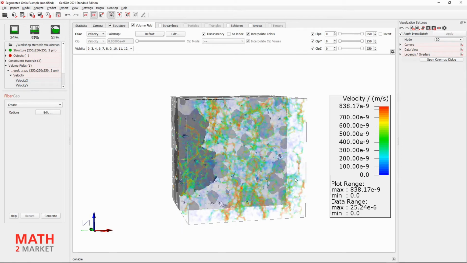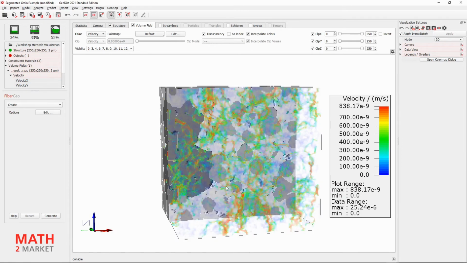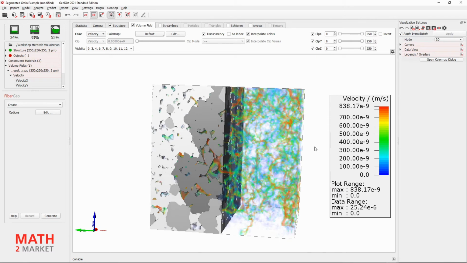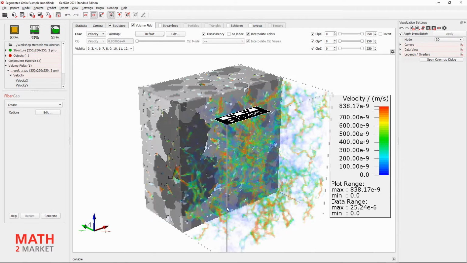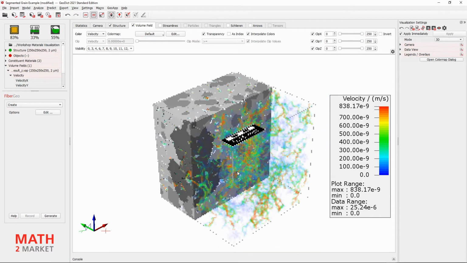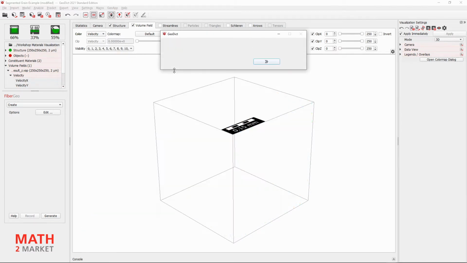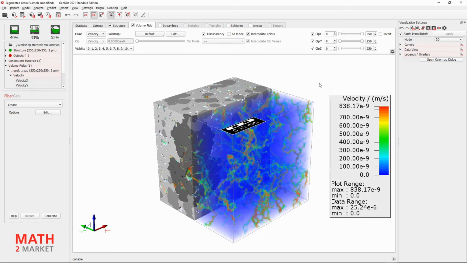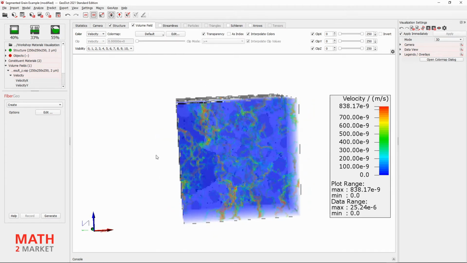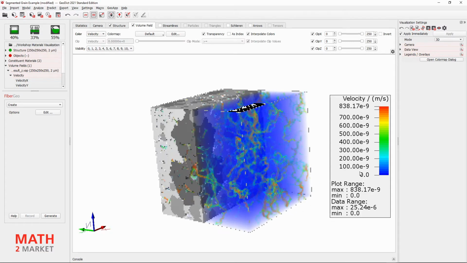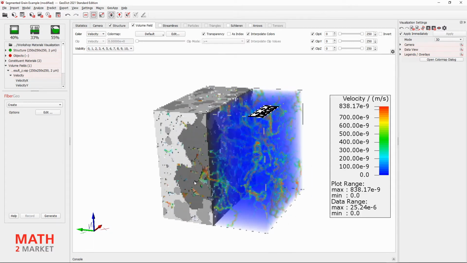We see that now we only see the flow in the pores. This is the more correct representation, but at the same time we can orientate ourselves much worse in the picture. Due to the missing depth perception, the image is now way harder to read. We activate the visibility of the solid materials again via the visibility drop-down menu here. And as we can see again, the depth perception is way better with the activated solid materials.